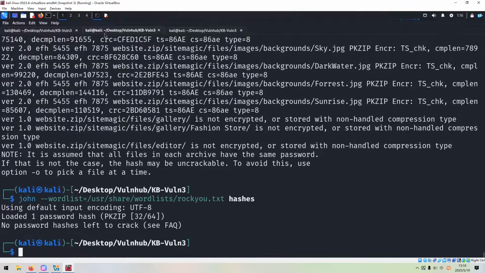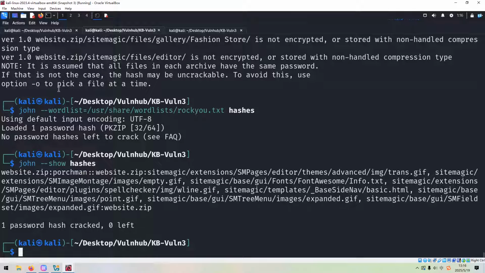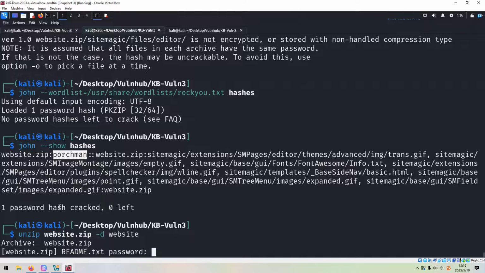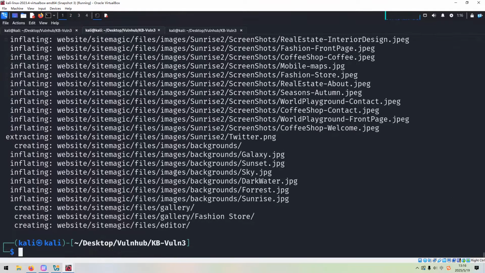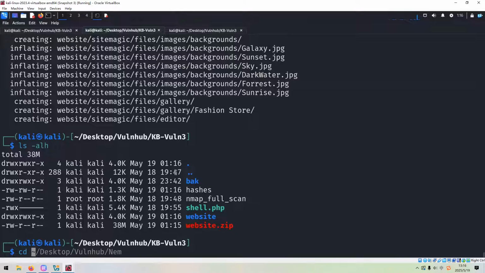to crack it because my machine has a cached password. So now to retrieve the cached password, we can use the --show option with hashes. Press enter. Now we can get to know the password is this one. We can copy it and we can unzip this. We can specify the directory or destination, and we can supply the passphrase or password. It's done. Now we can go inside this directory,